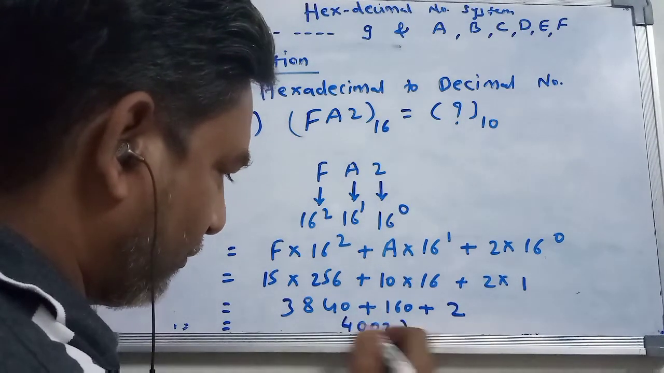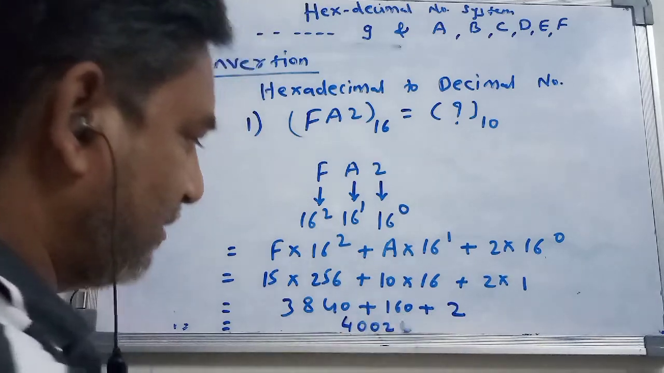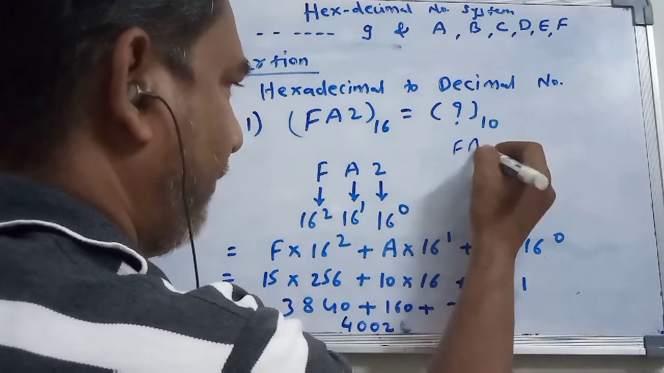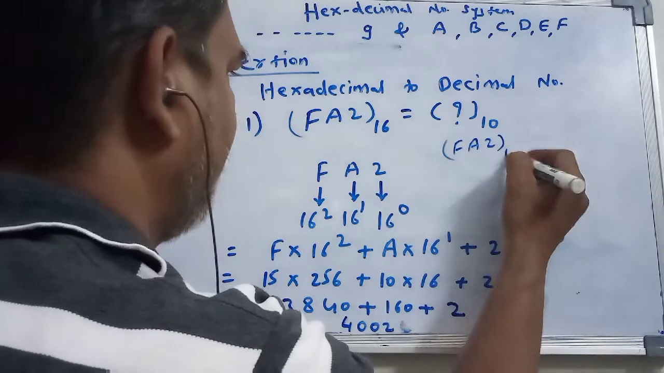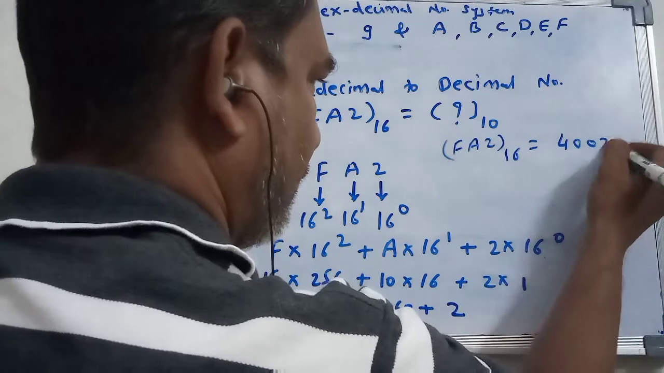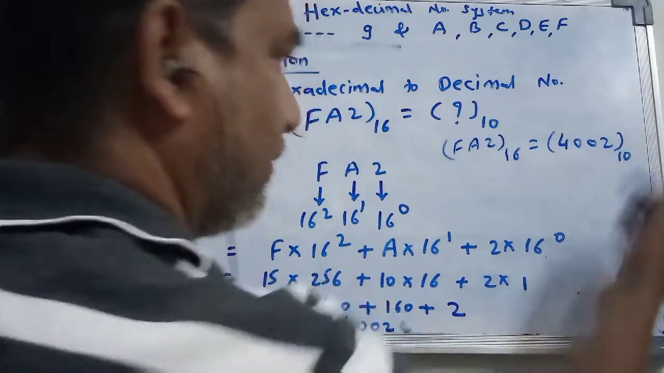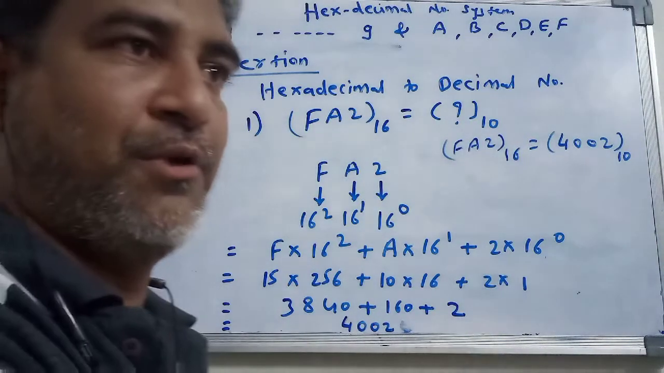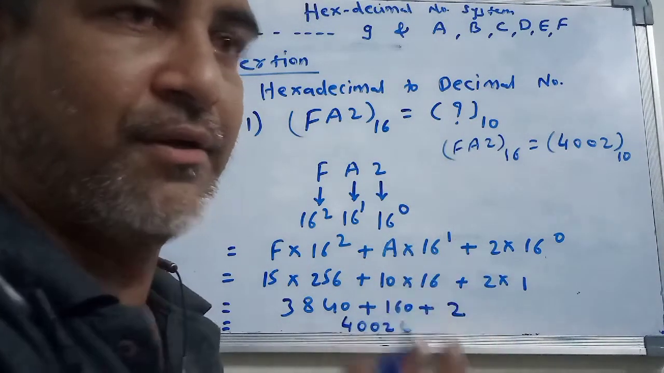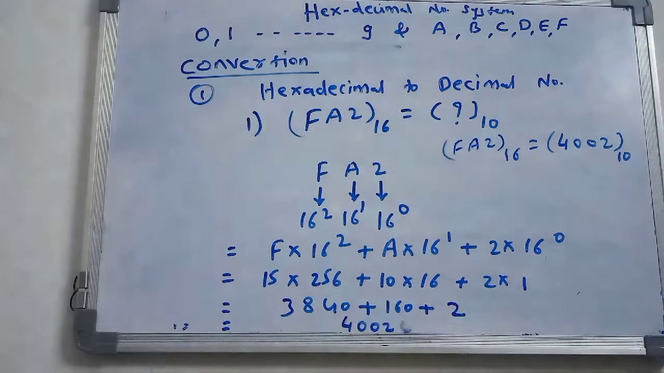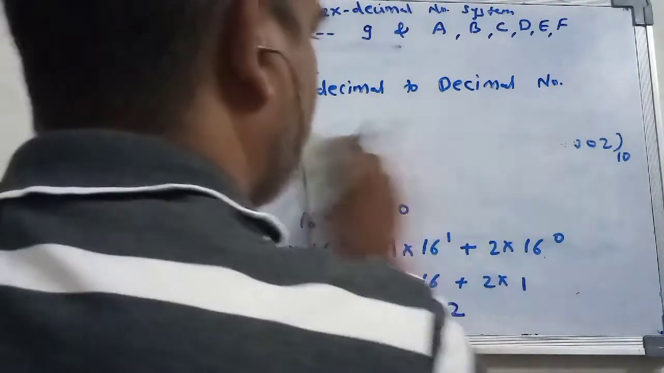that is 4002. And at the last below you have to write down FA2 with a base 16 is equal to, you have got that answer, 4002 with a base 10. So in this way you may convert any hexadecimal number into the decimal format. Okay, understood? Now our next example,